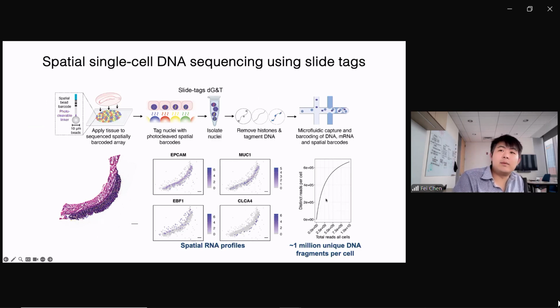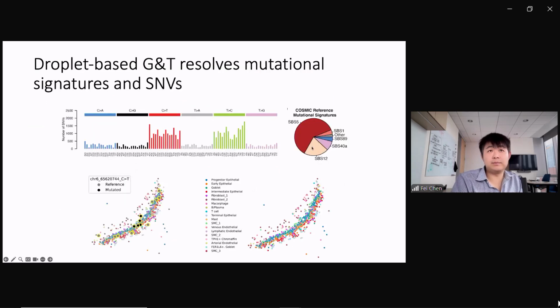You can see basically placements of individual cells, as well as for each cell, we're getting about 1 million fragments, or 600,000 unique fragments per cell. If you do the back of the envelope, that's something like 2 to 3% coverage for every given cell. That's actually quite overkill for CNVs. I think for SNVs from individual cells, it requires a lot more computation and aggregation over nearby cells. And you can see that it's also good for mutational signatures. Here you can see the resolution of mutational signatures, including SBS5, which is the primary aging signature for this tissue.